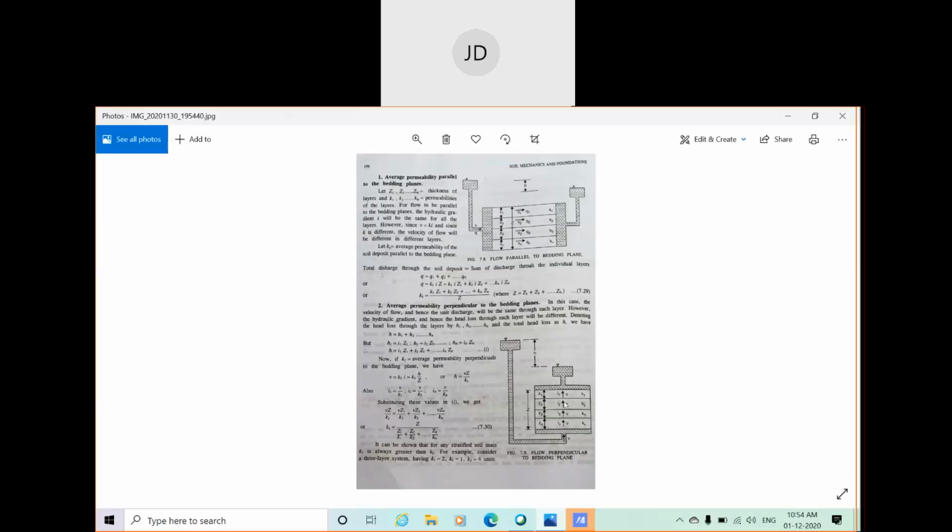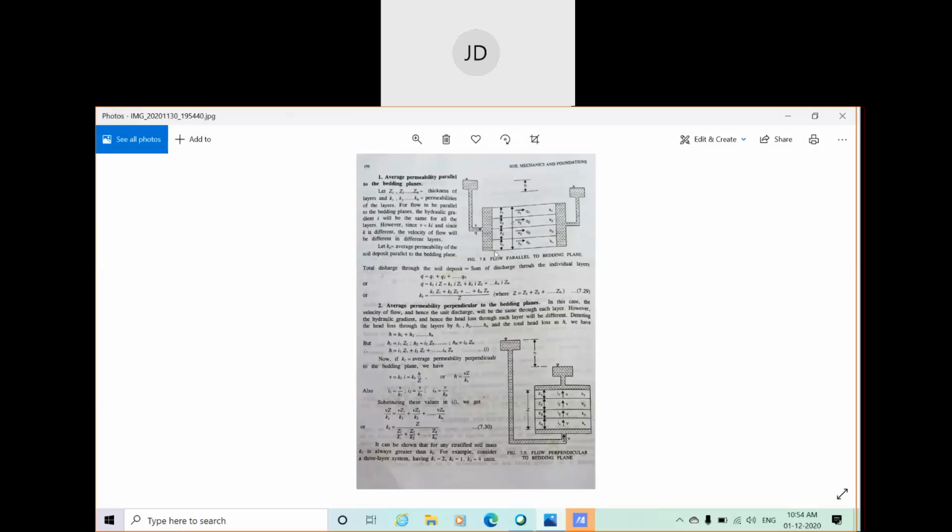But when the flow is perpendicular to the bedding plane, you have to remember that the velocity of flow is constant. That's why only v is represented as the velocity of flow. And since the velocity of flow is constant, hence the unit discharge or rate of discharge is also going to be constant. So the Q, the discharge through each layer, is also going to be constant, because in this case